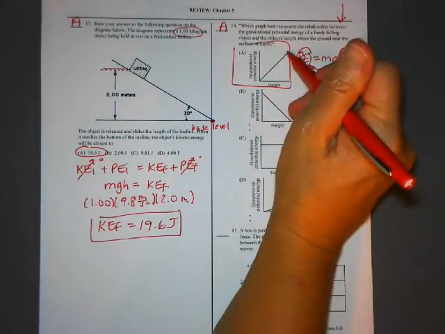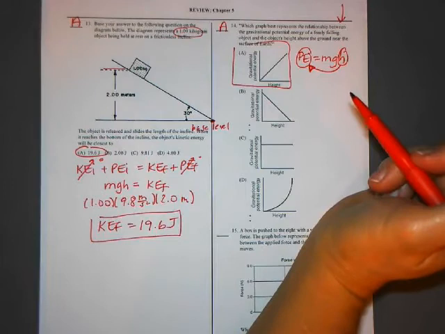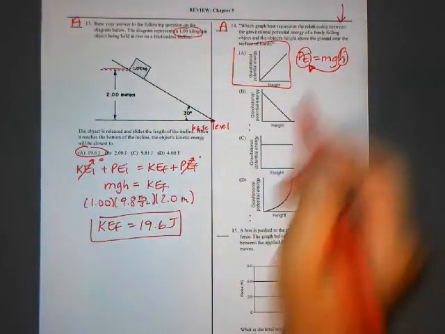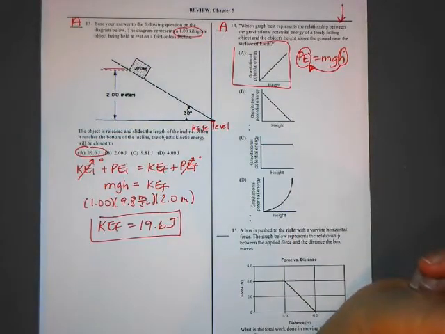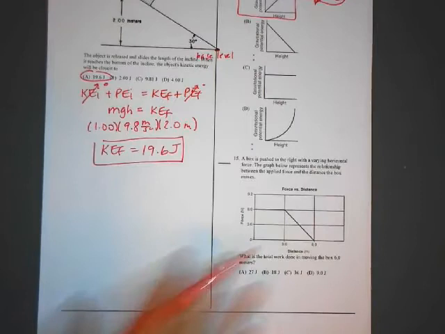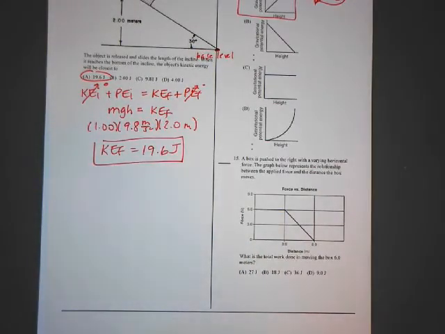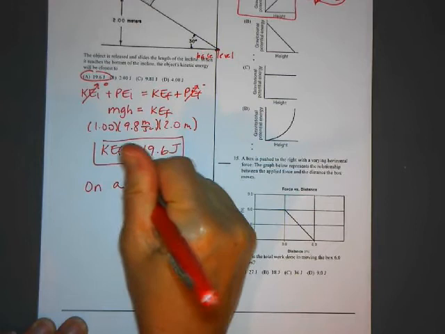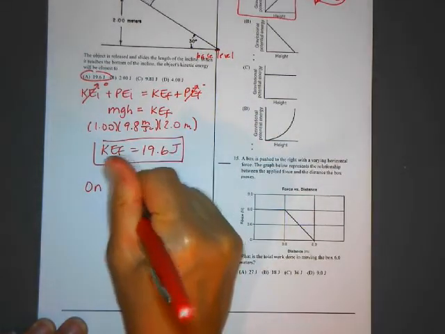So as the height increases, the gravitational potential energy increases. Okay, and that's the only graph. And again, you can see that it's linear. So as this increases, so does this. And then the last one is a force versus distance graph. So I have to say to myself, what do I know about this graph? So on a force versus distance graph,